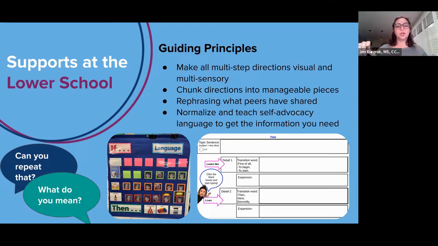What is in this chart is, on the left-hand side, the 3 tasks they're expected to complete. And then there's each child's picture. So when they finish a task, they can go in whatever order they want and then go over and turn the photograph over to signal that they've completed that task. That can also look like teachers, as Gwendolyn mentioned, repeating information multiple times or chunking information into smaller manageable pieces. So even if there may be 6 steps to what we're doing today, students might not need all 6 of those steps right at the beginning of class.